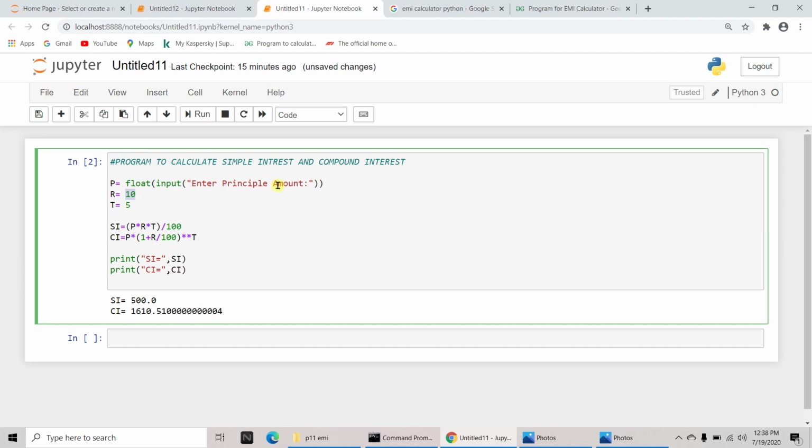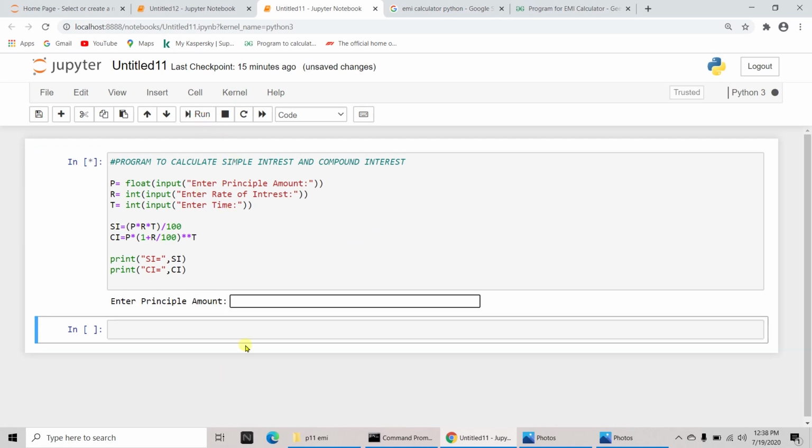Let me write here int of input, enter rate of interest. Similarly, I will just copy this for time. So enter time, instead of rate of interest. Let me run this one and check.